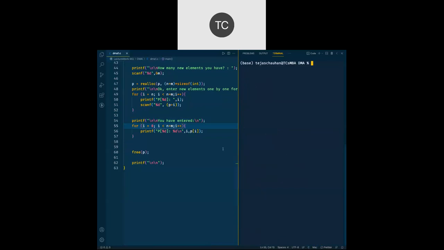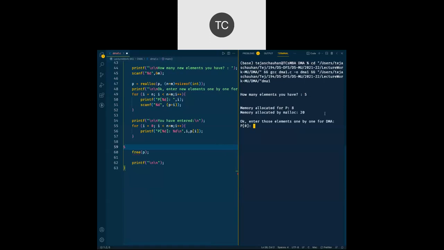Let me clear this output window and let's run this code now. How many elements do you have? First I'll say I have 5 elements. So 8 bytes for the pointer and 20 bytes for the elements are allocated. Now I give 5 elements, so I have values 1 to 5.